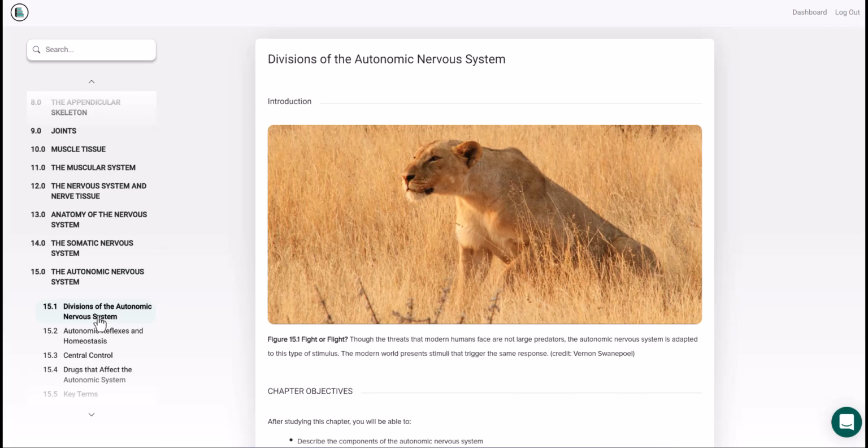So today's discussion is the autonomic nervous system. This was introduced way back at the very beginning in chapter 12 when you were introduced to the nervous system. The autonomic nervous system is that component of our nervous system which works largely automatically. Right? It is all of the unconscious